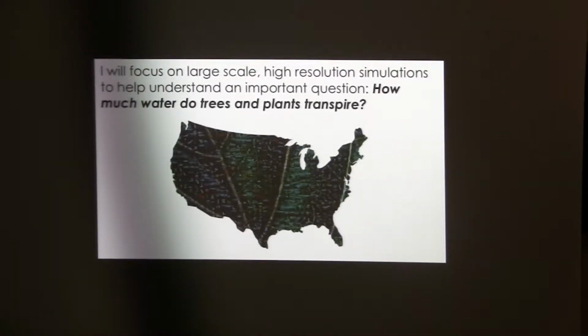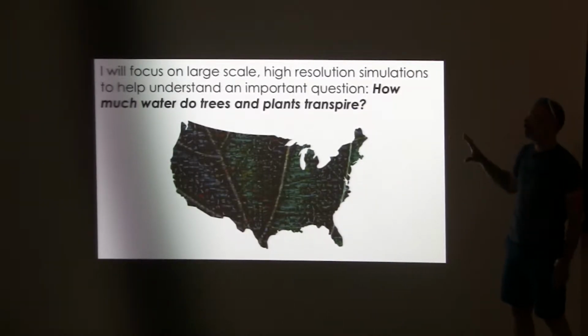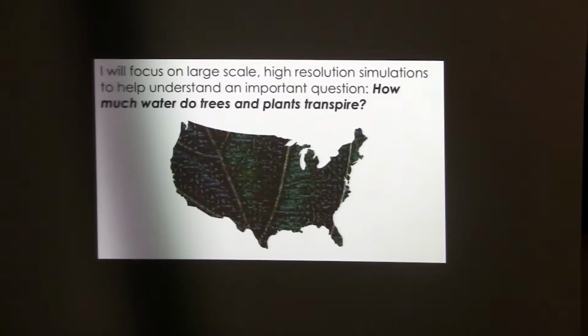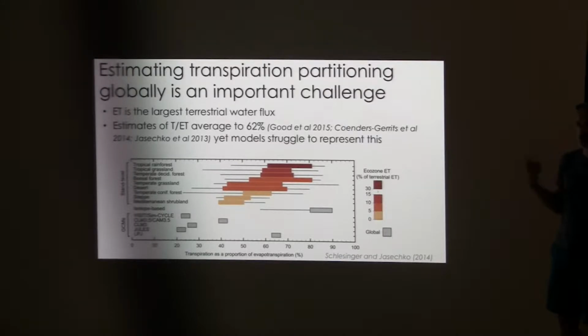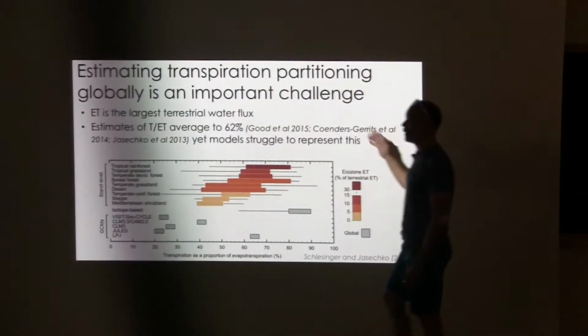So the topic I'm going to focus on today is how high-resolution, large-scale, integrated hydrologic simulations can tell us about how much water trees and plants transpire. So ET, I know we've been pretty subsurface focused, but evapotranspiration is the largest terrestrial water flux, larger than flows in rivers and streams. More water moves between the land surface and canopy and the atmosphere than flows in rivers and streams. And we have some recent estimates, and there's actually a flurry of literature on this now,